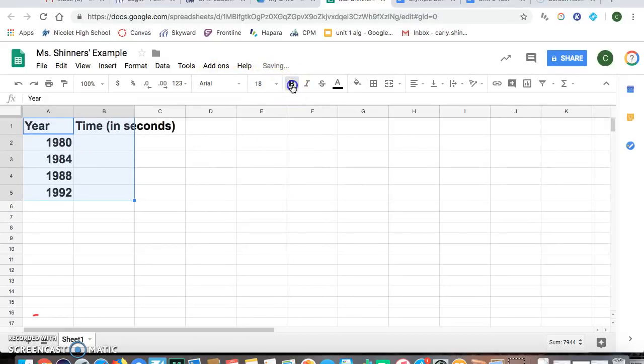So I'm going to make my text a little bit bigger, and I'm just going to make up some random times in seconds, and that should be good. I'll make this one 63. Okay, so I've got my data put in, and now I need to create a scatter plot and a line